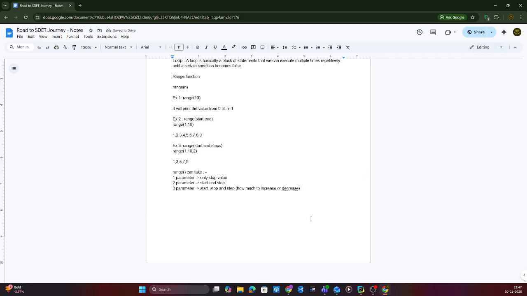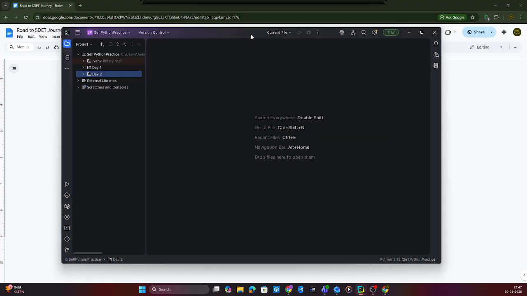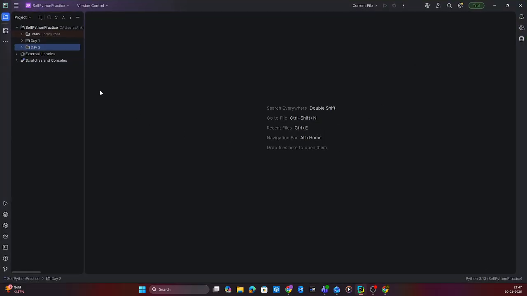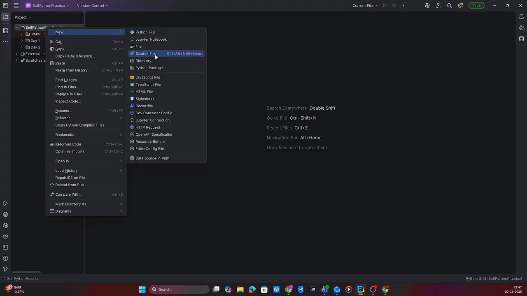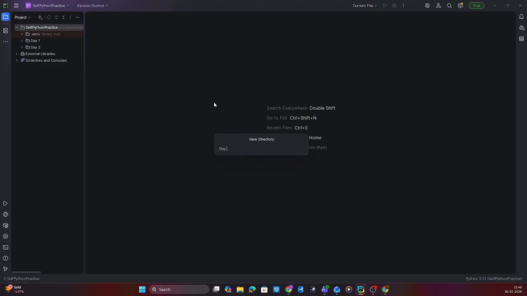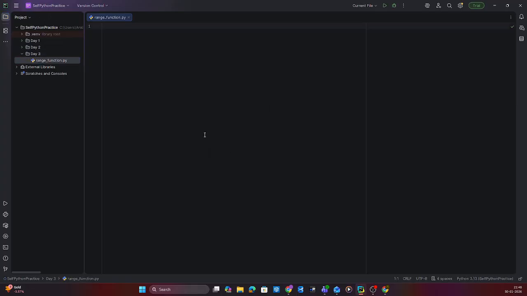Okay, so now let us see practically how we can use these different forms of range. So let me create one directory here with the D3. And here I'll create one Python file. I'll give it the name range function. Okay, now so by default, I mean